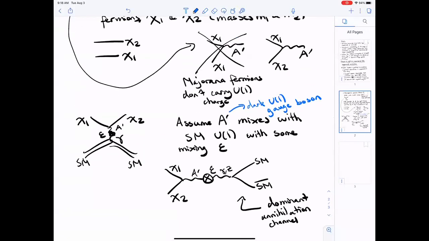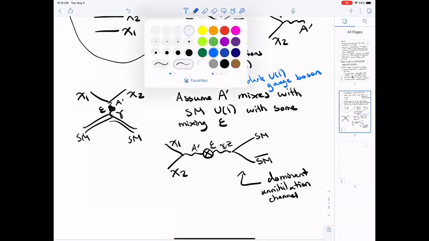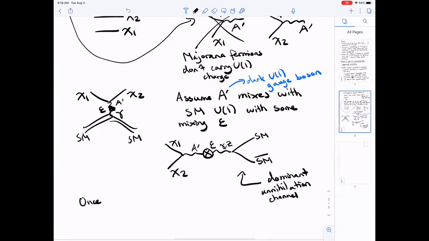Okay, so in this case, in the Dirac case, this would be like a chi-chi bar annihilation into standard model particles. Having split them, it's a chi-1, chi-2 annihilation. But then once the temperature of the universe drops below M2 minus M1, then the abundance of chi-2 will be Boltzmann suppressed, will go down. Another way to say it is the chi-2 can decay away down to the chi-1.